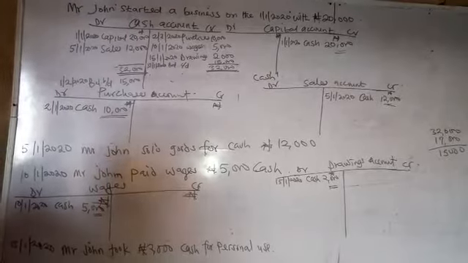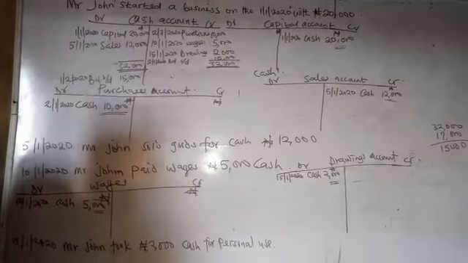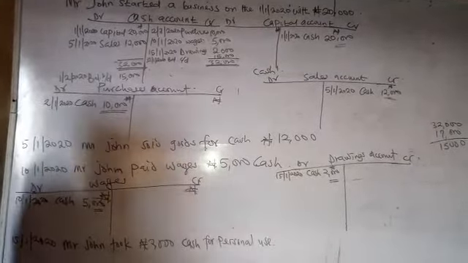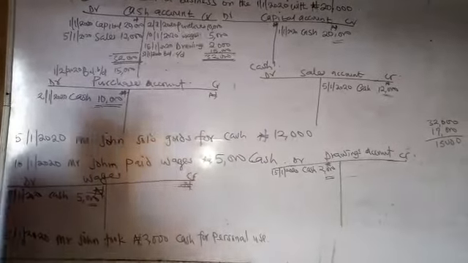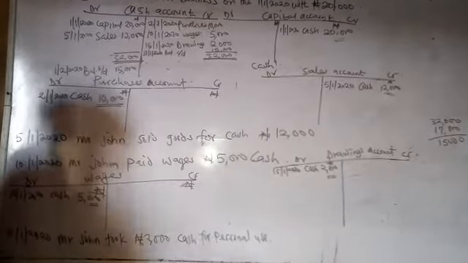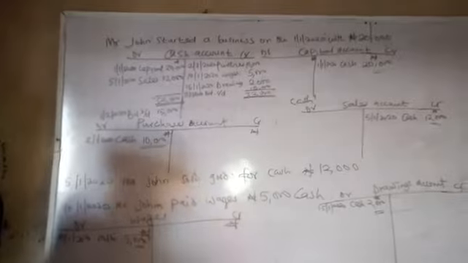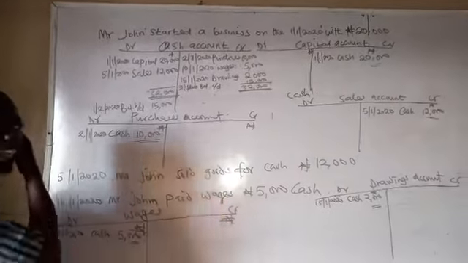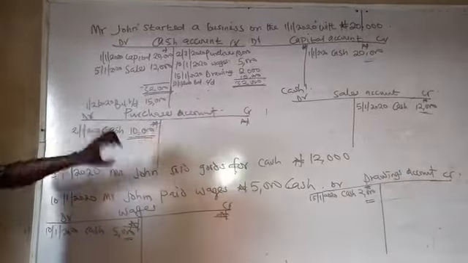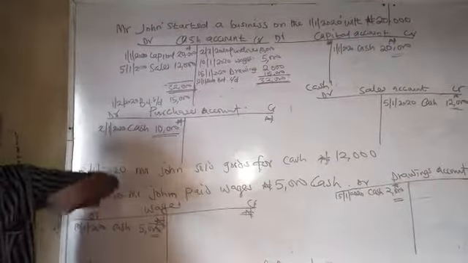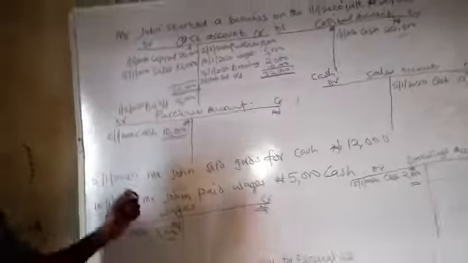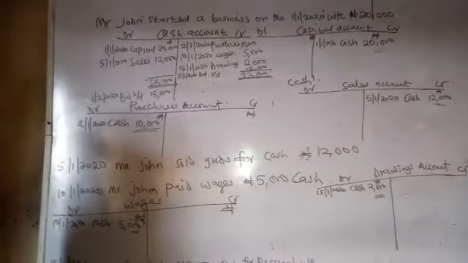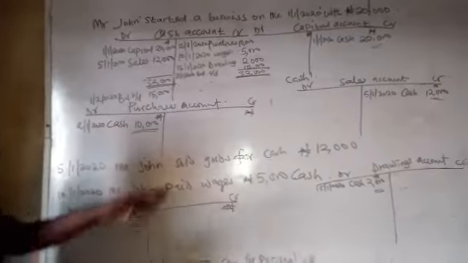Why we are doing that is to do what? Is to see whether we have not done anything wrong, whether we have been able to justify the principle of double entry system correctly. And that one will make us to do what? To extract a trial balance. And as I said, a trial balance is a list of balances that is used to test the arithmetic accuracy of all the ledger postings we made. Now let's see, because we said for any debit entry there must be a corresponding credit entry. If nothing is wrong with this,